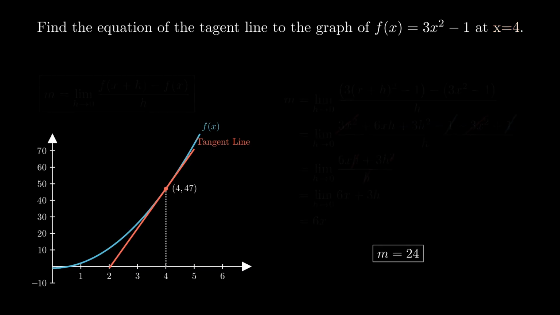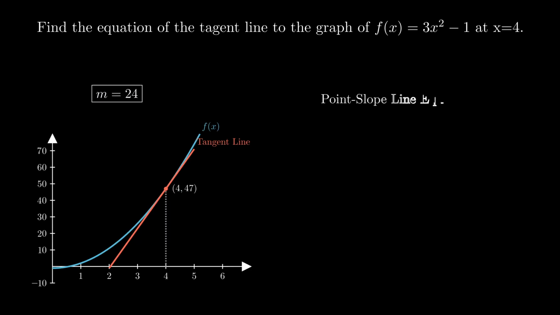But we're not done yet. The question asks us to find the entire equation, and so we need to plug this into a line equation. Now we already know what the gradient to the line is, all we need is a point. Luckily for us, we know what the point is, it was given to us in the question. So we can just plug in these numbers into our formula,